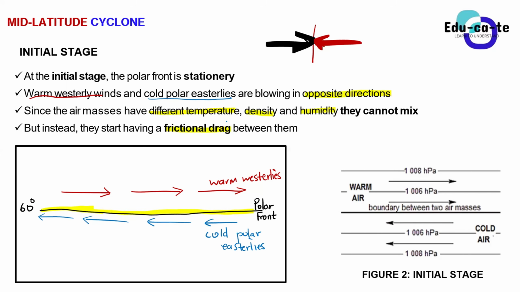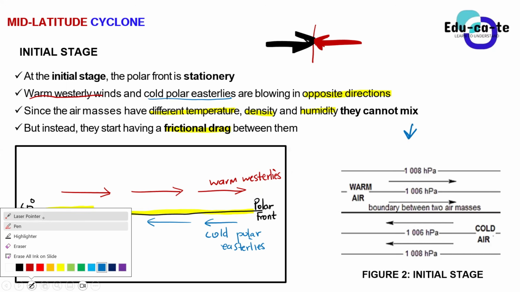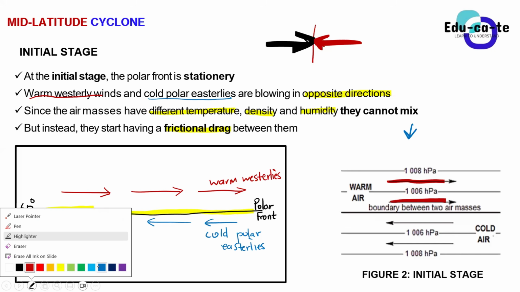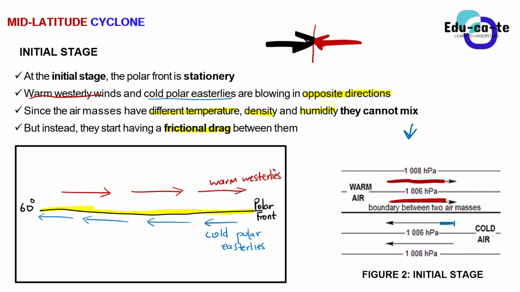So you need to know that that's all about the initial stage. And most of the times the diagram that they use to describe the initial stage is this one, the one that I drew here next to this one, because it's more clear. You can see here we are having warm air, blowing in that direction. And then on the other side, we're having the cold air, blowing in the opposite direction, because these must blow in the opposite direction. So we have got the warm air on one side, then we have got the cold air on the other side.